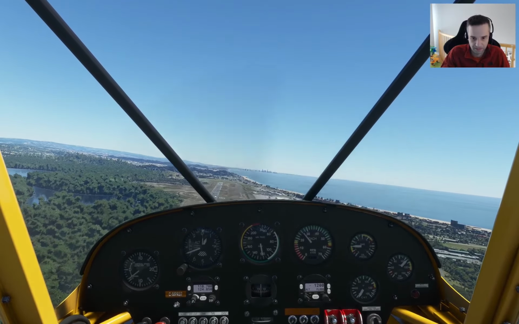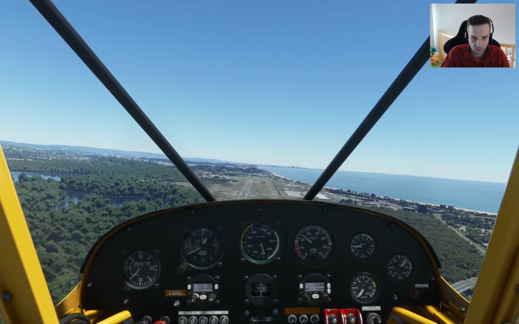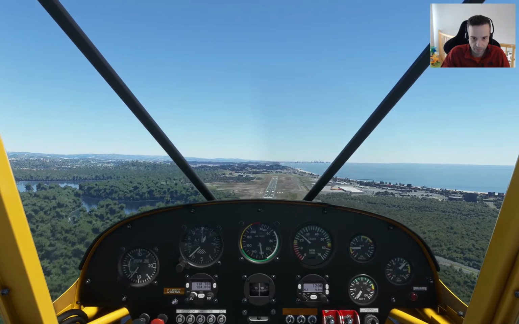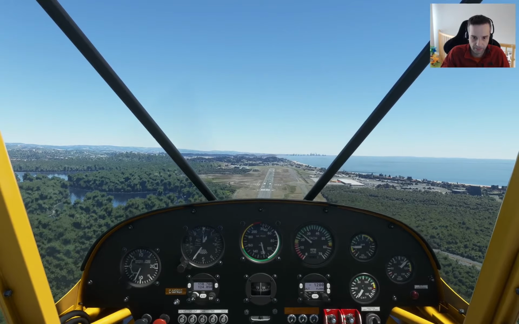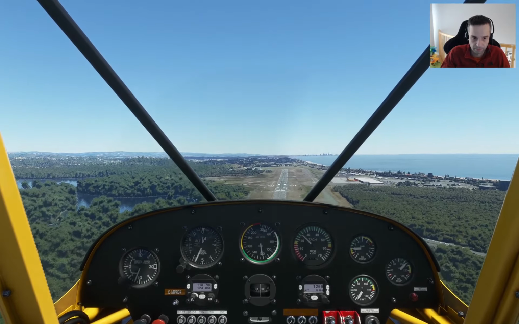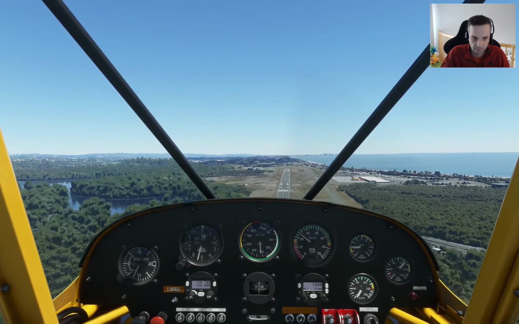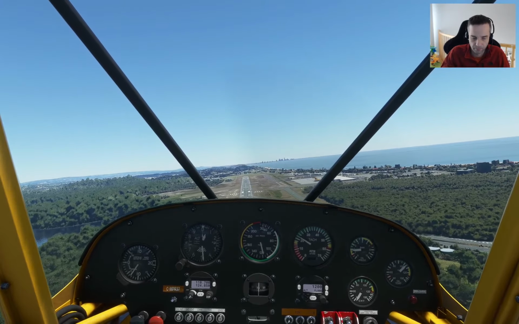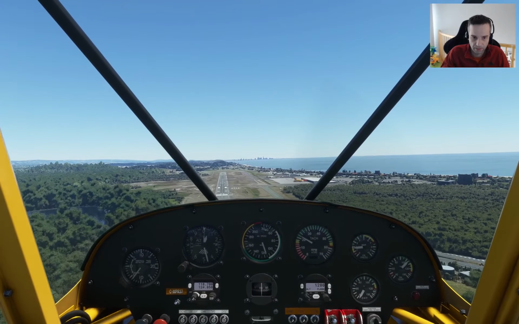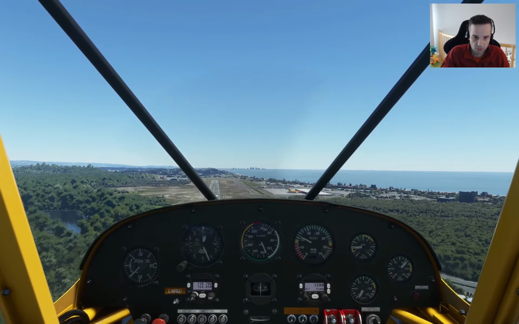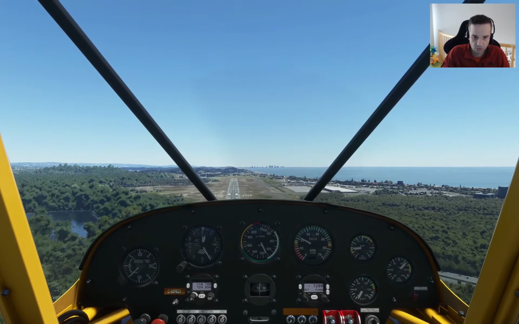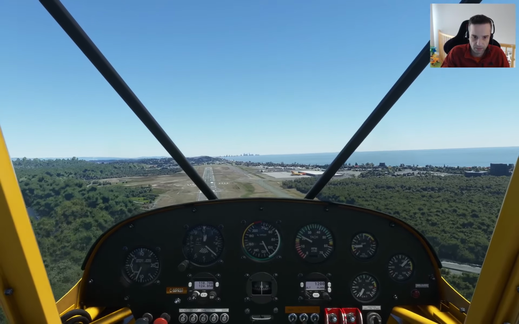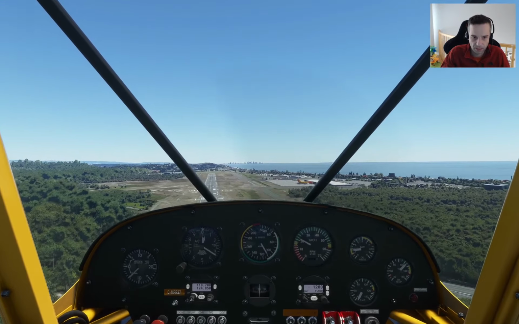Right. So I'm just going to reduce power just that wee bit more, because we did start our descent a little late. Line us up with the runway there. Okey-dokey. So that's about a nice rate of descent. I'm trying to keep those two lines in the runway, those two big white blocks, at the same spot in my windshield. Once I get to around 200 feet, again, I will go to the external view,